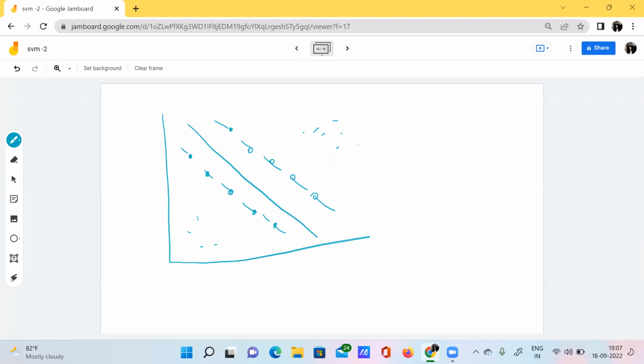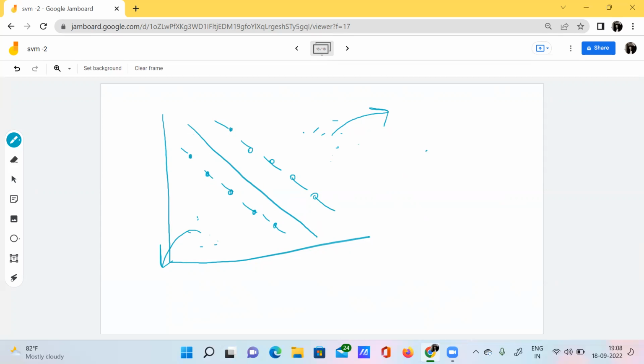If we change any of these remaining data points, there will be no impact on the hyperplane. But if we change any of the data points exactly lying on the margin, then definitely there will be some change in the structure of the hyperplane.